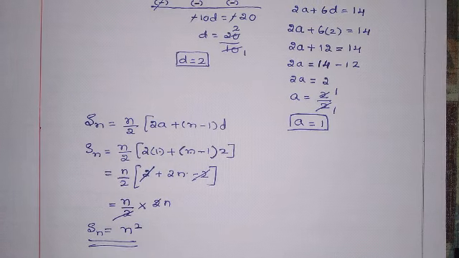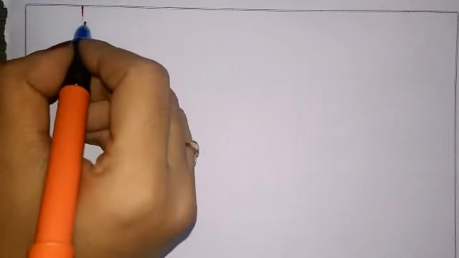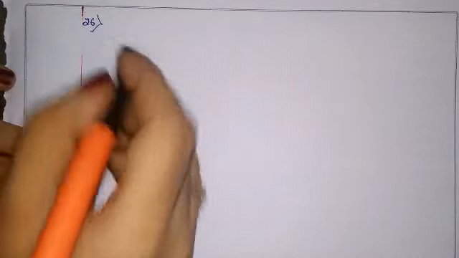Okay. Let us see the question number 26. Only 2 problems are remaining to complete this AP chapter. So let me start the question number 26. Let me read out this question. If 7th term of an AP is 4 times its second term,